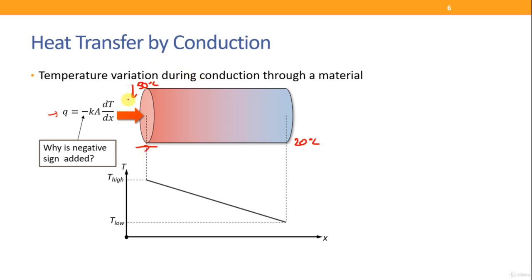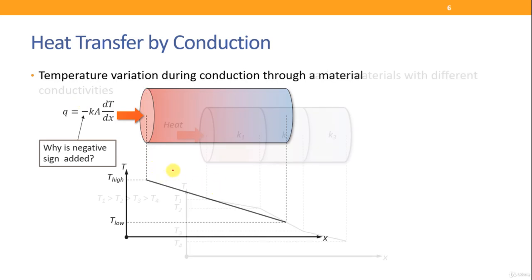So dT/dx is the temperature at the other end minus the original point of reference temperature. Over here, the point of reference temperature is 50 degrees Celsius. So delta T will be a negative value. So dT/dx will be a negative value because it will be 20 minus 50. And when it is multiplied by the negative sign in front, it will become a positive value. So it will tell you how much heat actually flows through it and flows away from this particular